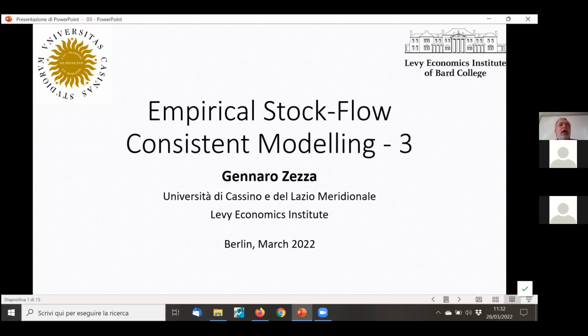Now we have more data, and it's true, we can build more complex models. So we did that for Italy. So you have some advantages in building more complex models, in that you can track more things, but you also have a rapidly increasing number of problems to solve. So for instance, when you move from a three-sector model to a model which separates households, business, the financial institutions and the central bank, which is the level of detail we would like to have for a complete discussion of the economy, then you need to model the portfolio of these institutions. And this is really a pain,